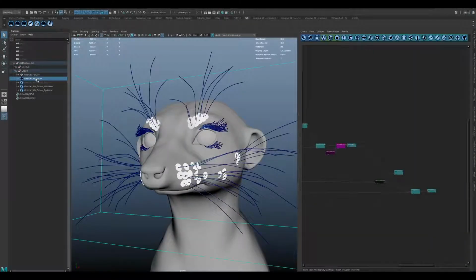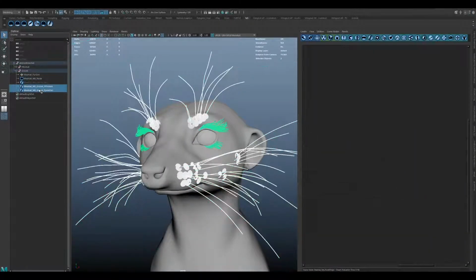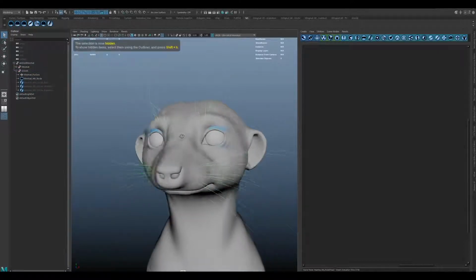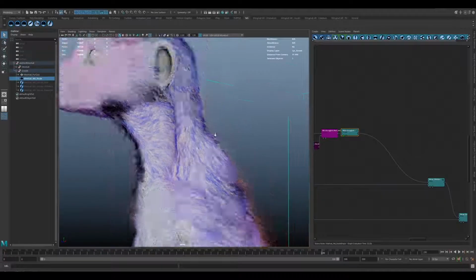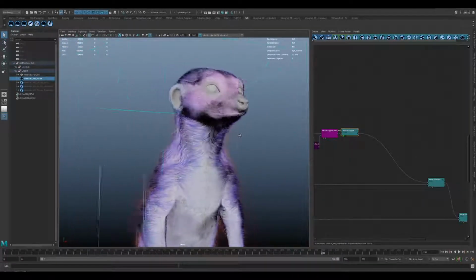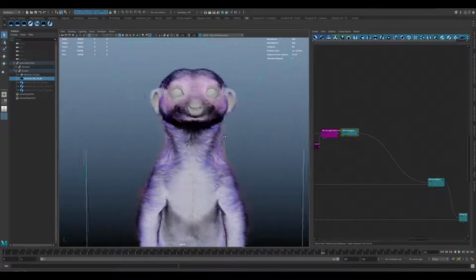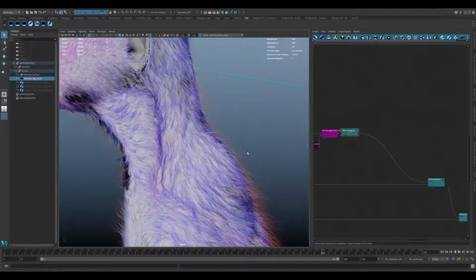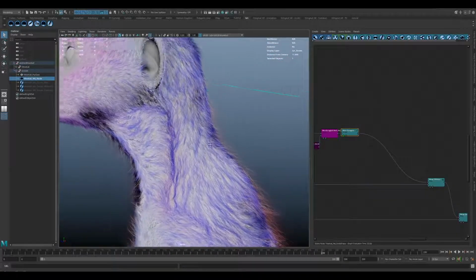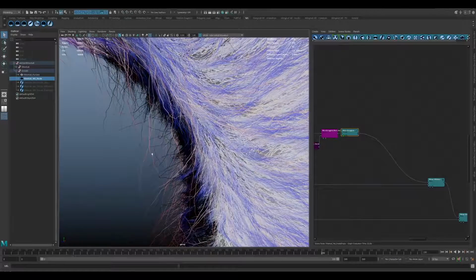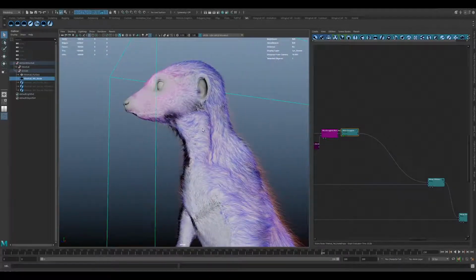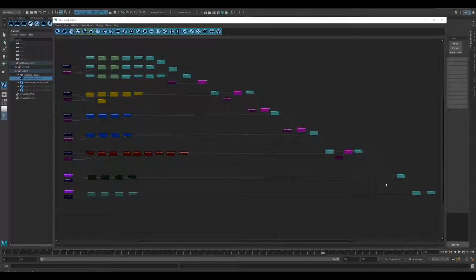The last little bits are the eyelashes and whiskers. For those, you just sculpt a guide curve for each one and then convert the guides to strands. Pretty straightforward. Basically, you just create your guide curves, generate the strands, generate your clumping and noise and other breakup, and then paint in the attributes to match the reference. There's a lot of tweaking of parameters as you refine it further, but that's basically the general workflow. You can see here just the entire Yeti